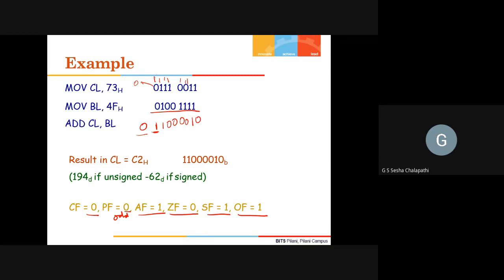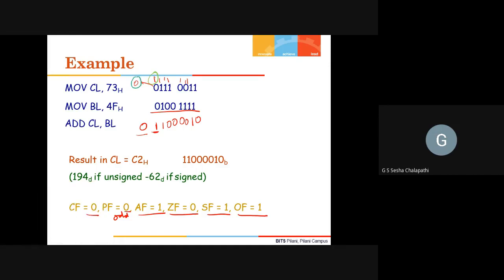In this case, the carry in into the most significant bit is 1, and carry out of the most significant bit is 0. So both are not equal. If you XOR them, it will be 1. So overflow flag is 1.